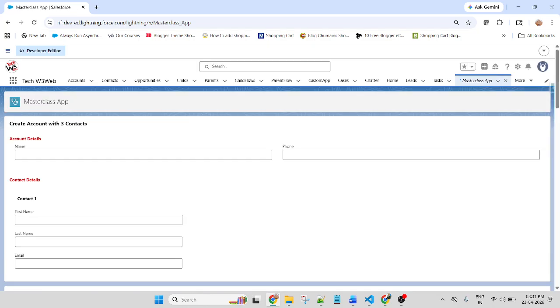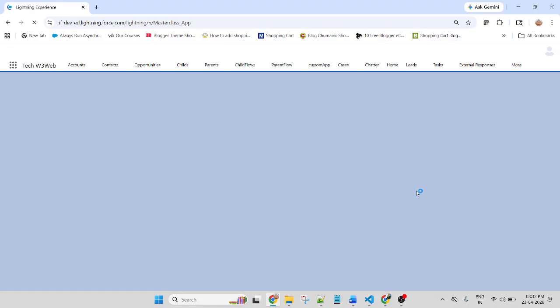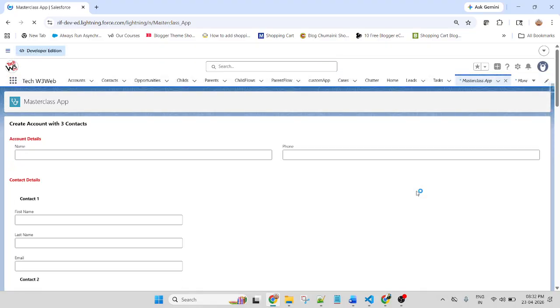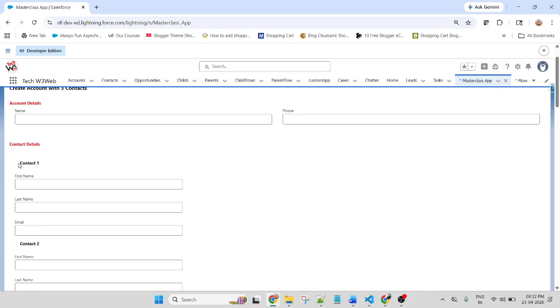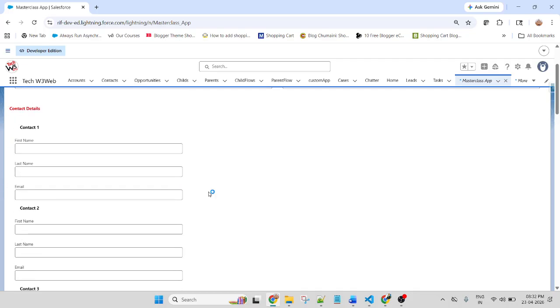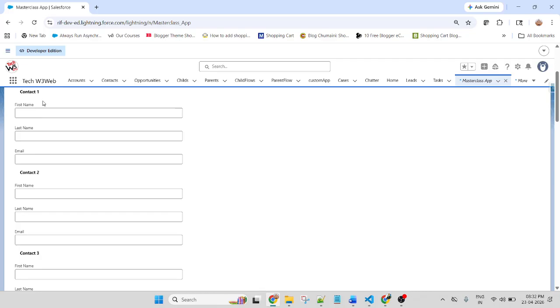My page did not refresh. Display around. I created 3 contacts, but they display vertically.